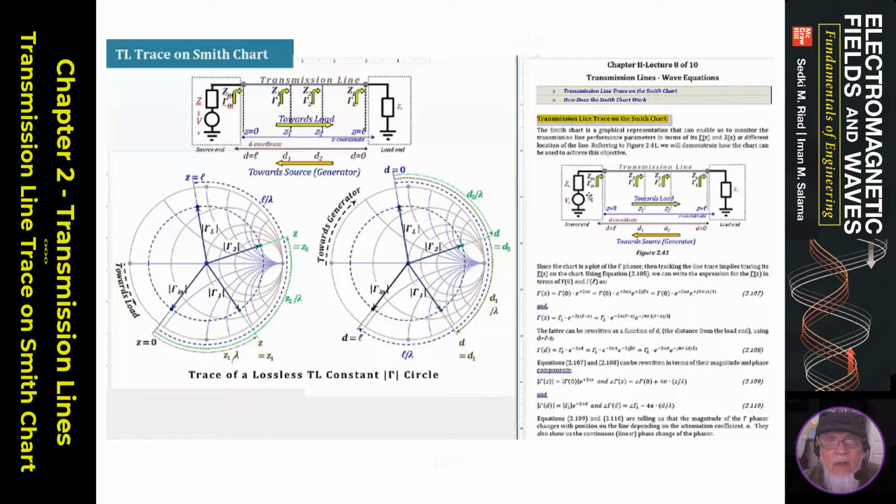So in this regard, we're going to assume this network here, a source connected to a transmission line with a load at the end. So this is our z coordinate as we have labeled it in the past. z is equal to 0 right at the beginning of the line, z is equal to L at the end of the line, and also we had another coordinate system here which was going backwards for convenience of writing certain equations. The d coordinate starts at the load side, d is equal to 0,